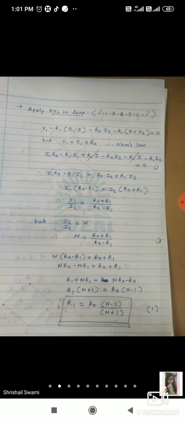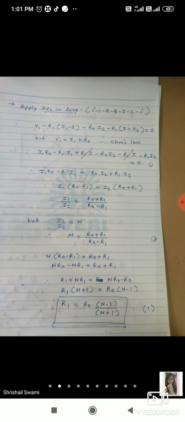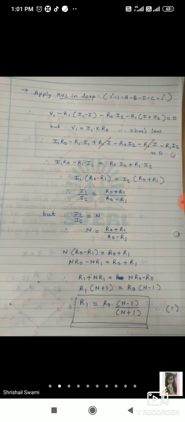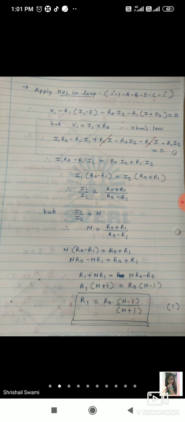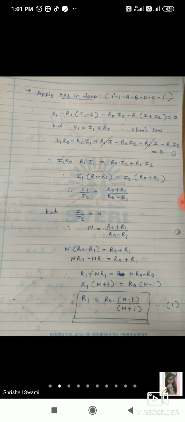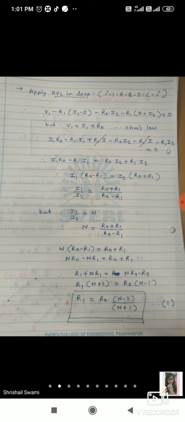So you can tell me now, if I want to get the expression of R2, what can I do? I want to get the expression of R2 now, so what can I do? Anyone? From this derivation, can anyone tell how to get the expression of R2 now? Anyone? How to get the expression of R2 now?